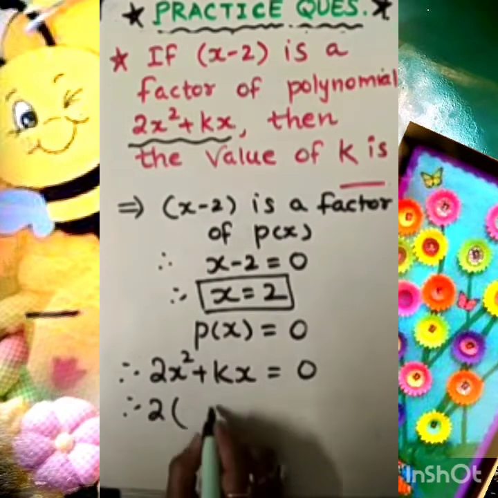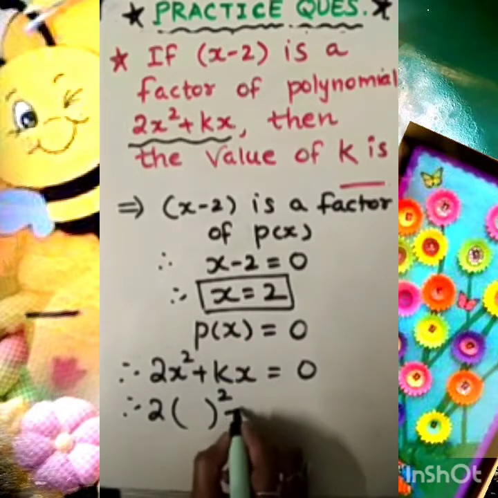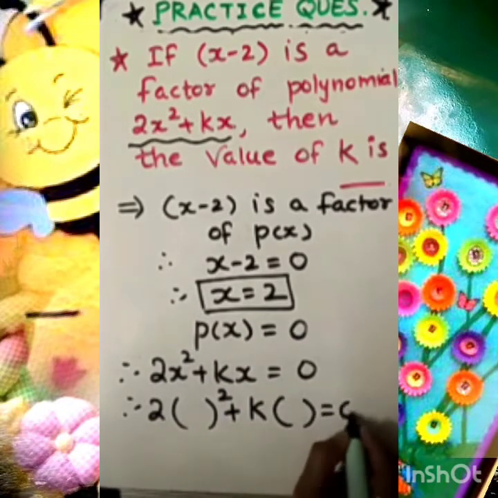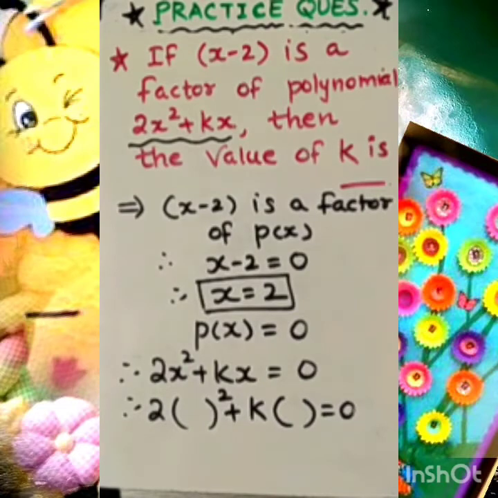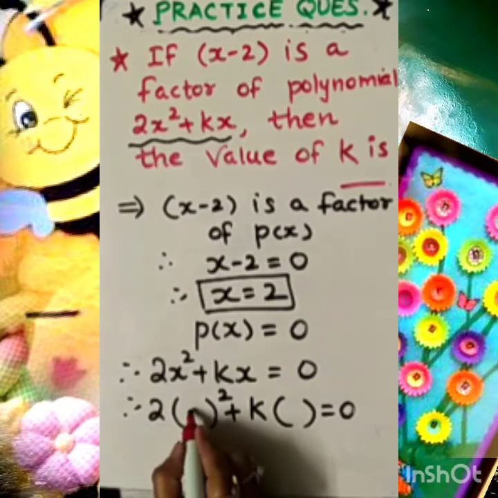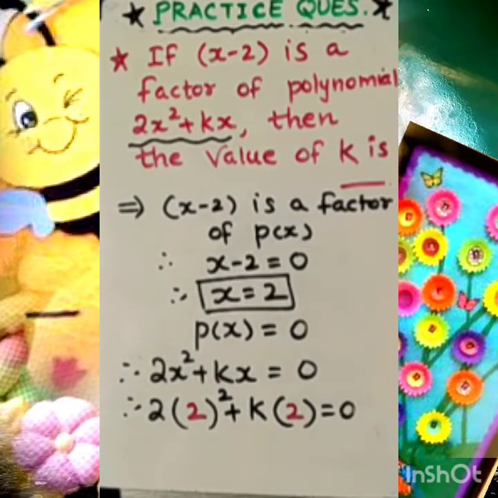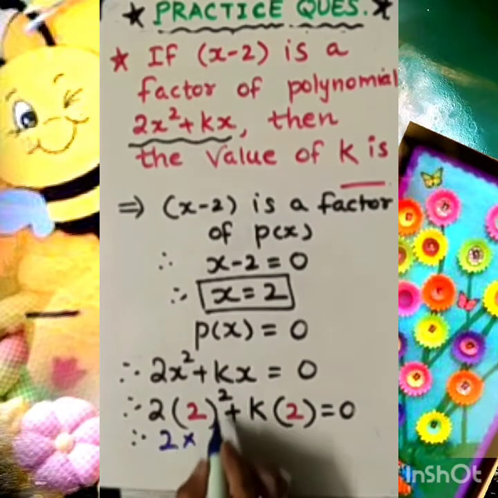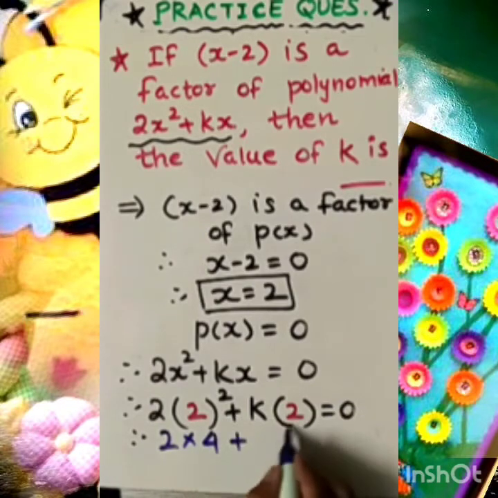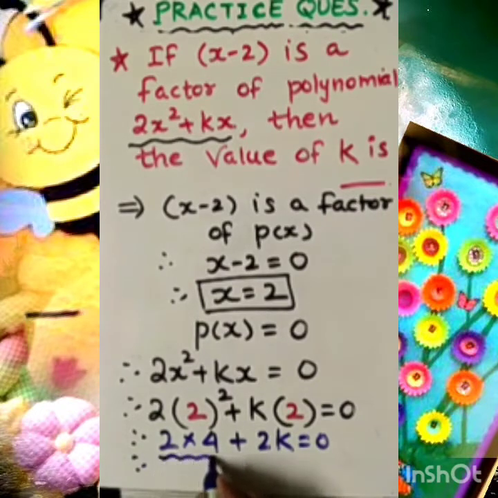Now what we are going to do, in place of x, we will write this value of x. In place of x, we will write the value, that is 2. So I am mentioning here it is 2. Here it is 2. Fine. So my dear student, here let's simplify. Therefore, 2 is already there. 2 square you know that is 4. And here 2 into k, 2k equal to 0. 4 2s are 8. So let me bring this 8 to this side. So it will become minus 8.